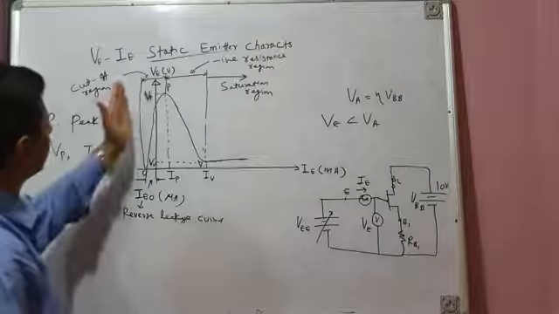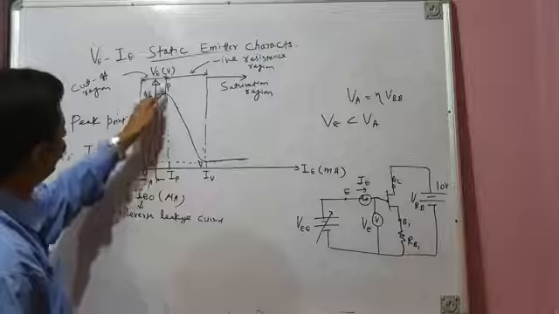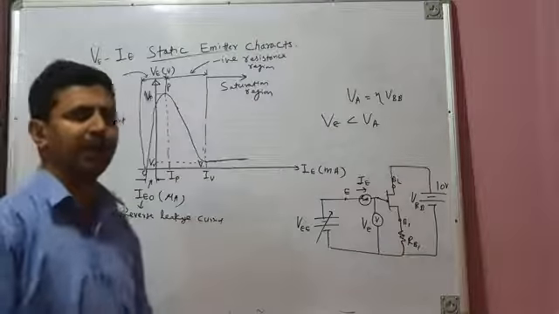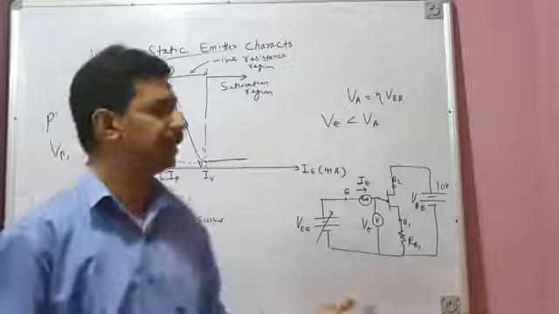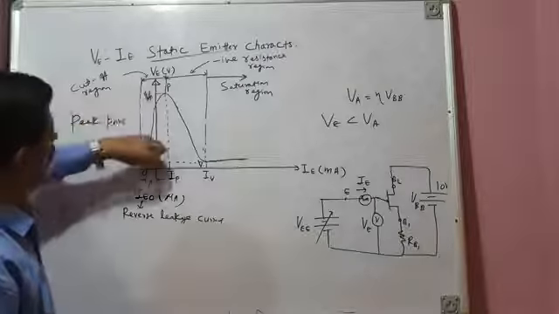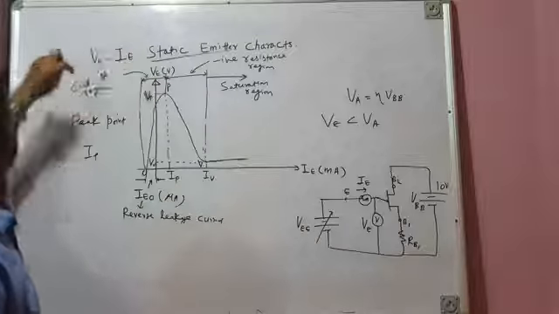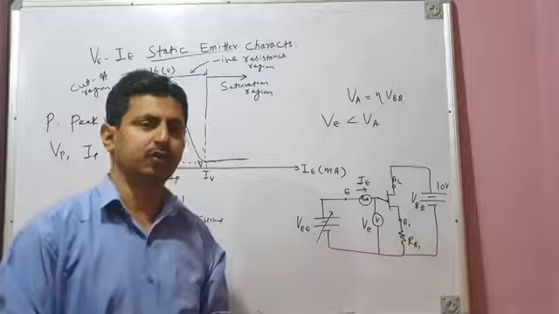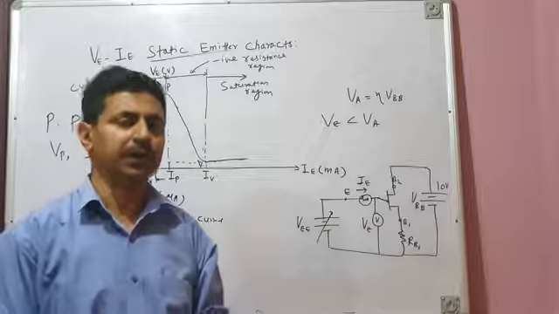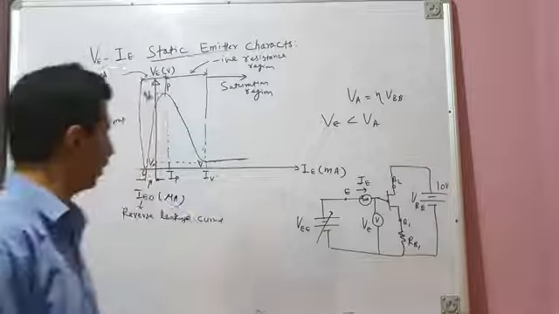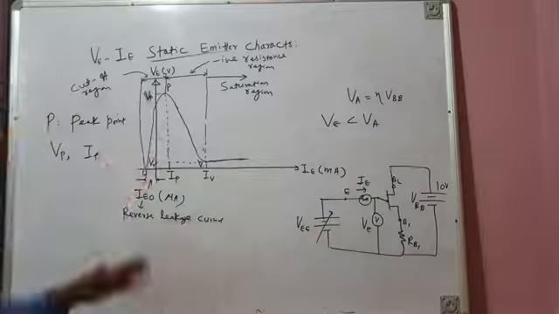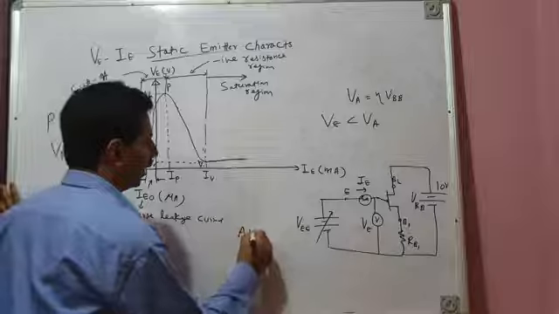So what happens from this O to P? Your device is conducting negligibly small current of the order of microampere. So it is in the off state, or we say it is in the cutoff state. That's why this region between O and P, I have called this region as cutoff region, because the UJT is in the off state. It is conducting only negligibly small amount of reverse leakage current of the order of a few microamperes. So this region is called cutoff region. What happens at P, at peak point?